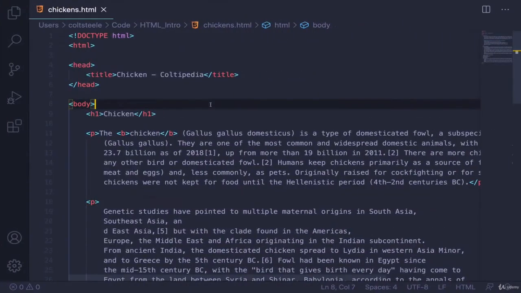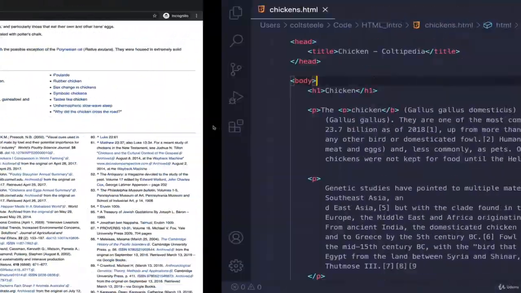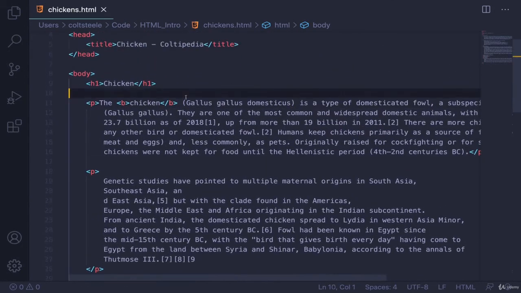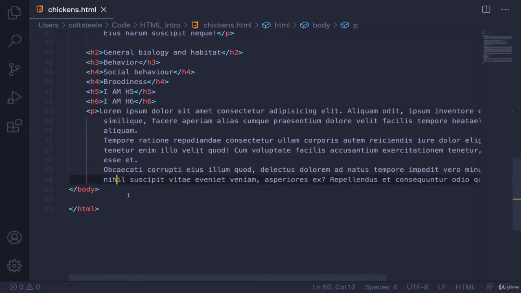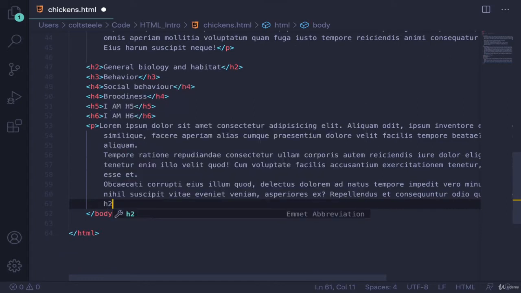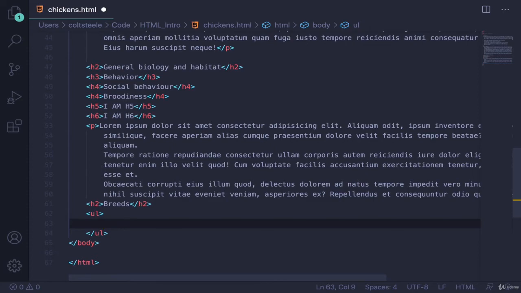So let me show you how it works. Let's make our own simple list. What should we do for chickens? We're going to make up our own list for different breeds of chickens. So let's see, why don't we do it down here after that paragraph? Sure, right about here. Let's add in an H3, I think, or maybe an H2, breeds. Okay, and then below that I'll add in a UL, which is an unordered list, and it consists only of